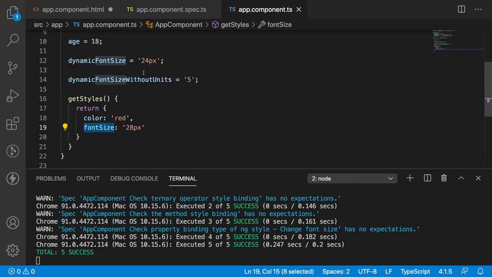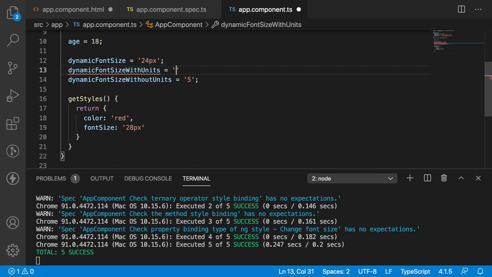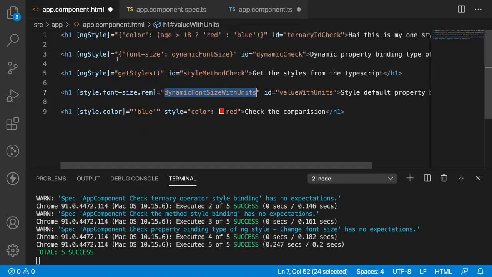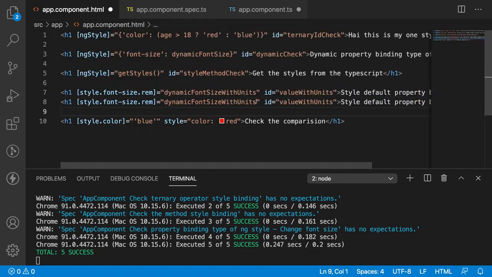So with units is equal to 28 pixel semicolon, and let me also create one more variable like without units. So I can remove this rem, and I can pass this without units. So let me save this.